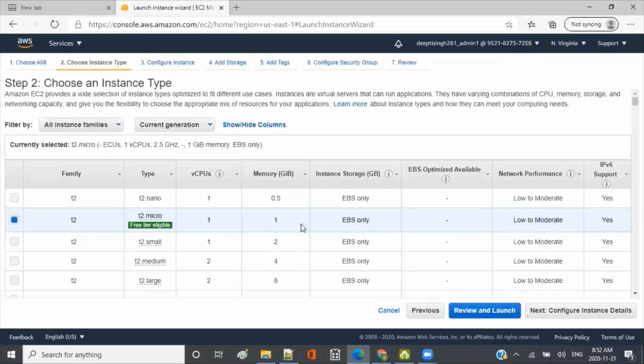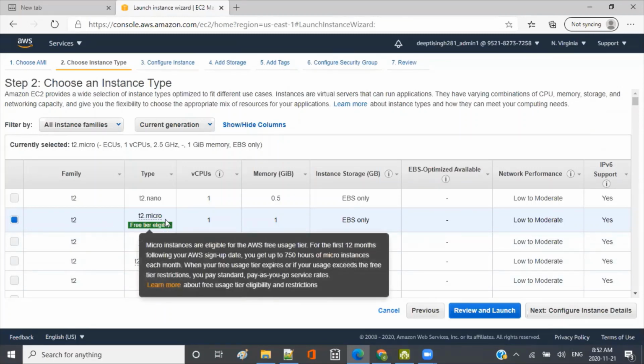Maybe a couple of people access that, so that's okay as a web page. But if people start accessing it actively, then it may not work, right? So then I'll have to get a higher machine. Okay, so T2 micro I'm choosing for this one, free tier eligible.